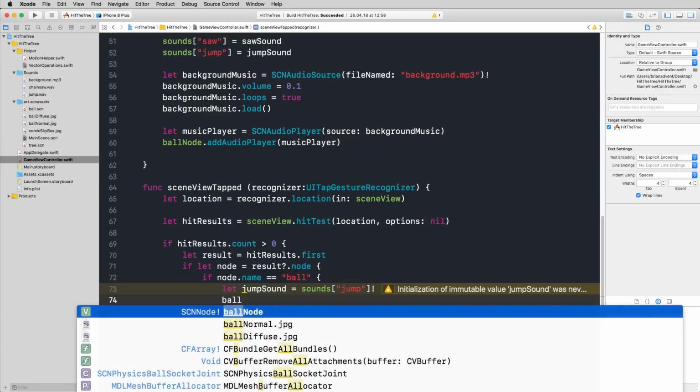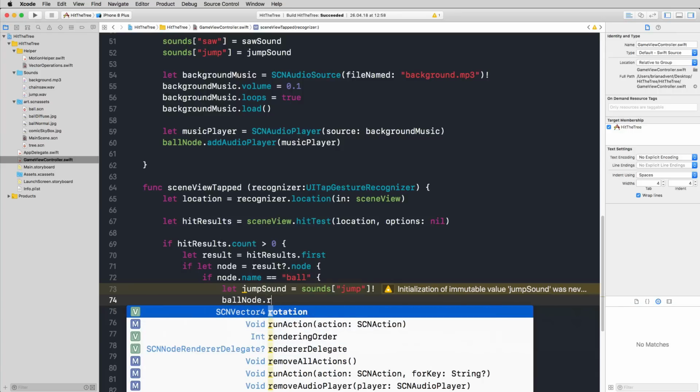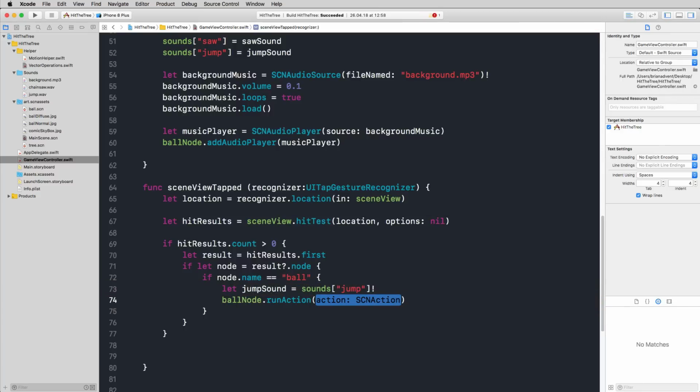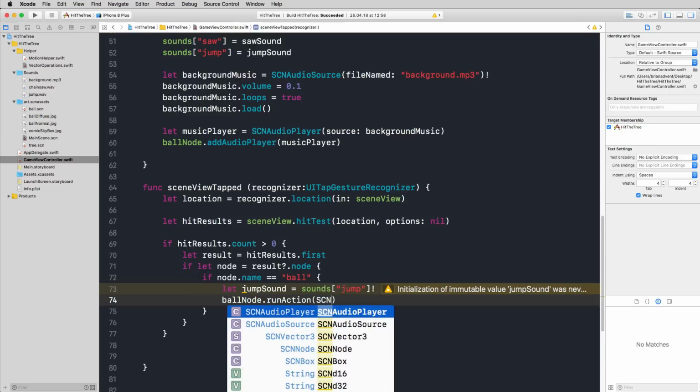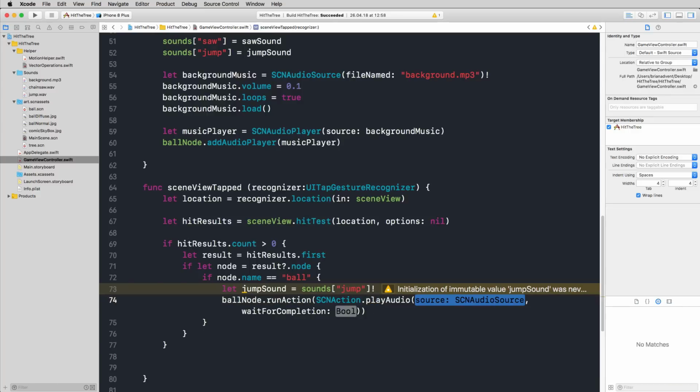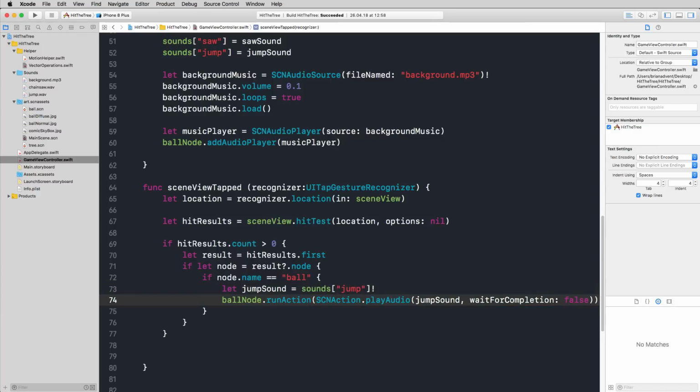So we're using our ball node first, and we run an action to play our sound. I'm calling the run action function, and we can play a sound using an SCN action. They're pretty similar to the SK actions that you might know from SpriteKit. So using an SCN action, we can then use play audio. We have an audio source. This is our jump sound, and we do not want to wait for this sound to complete. And with that, we run this jump sound every time we hit our